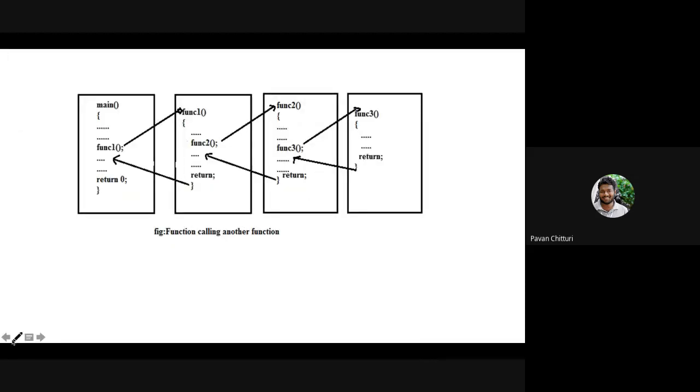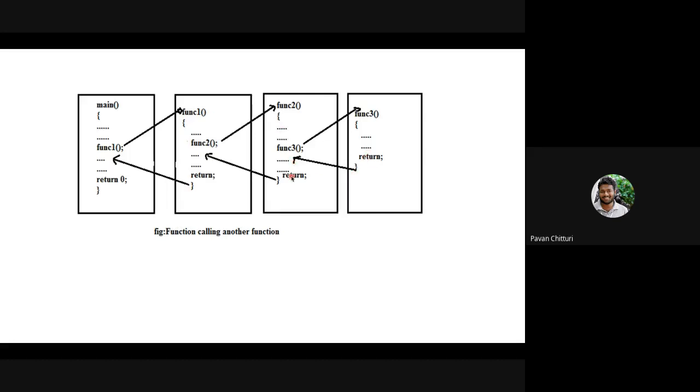See, here we have main function. In main function, there are few steps. Function 1 was called. So the control goes to function 1. In function 1, we've called function 2 again. So the control goes to function 2. So some statements, again function 3 was there. So again function 3 will be going on. So again these statements will be executed. So who called this function 3? Function 2 called. So the control goes here.